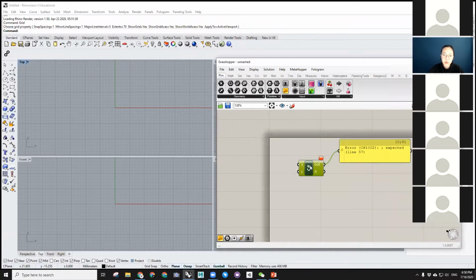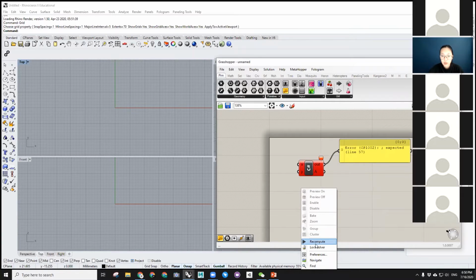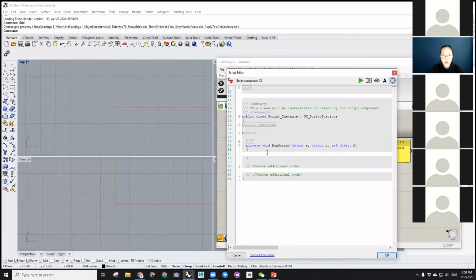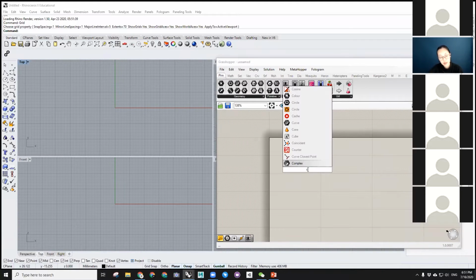This is weird, but that's fine because we didn't do anything. So recompute. I don't understand why this is still erroring, but just in case, I'm going to remake it. C#,